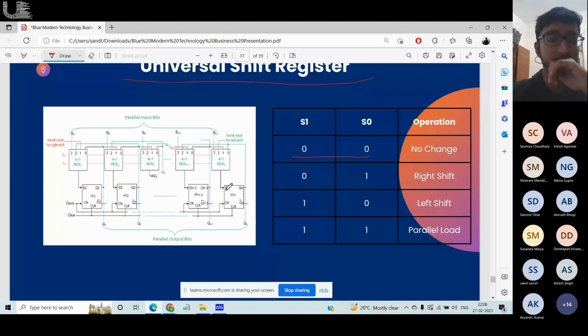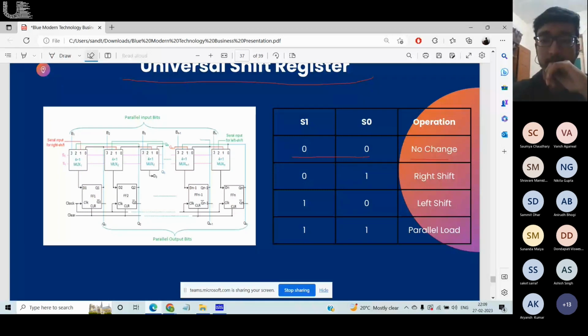Okay. So when both are 0, the first input is selected, and the output connected here comes back in. That means there's no change for each of them, right? Now, if the output is fed back, whatever is there still remains there, right? Now you're having